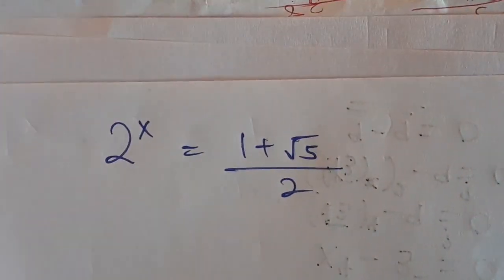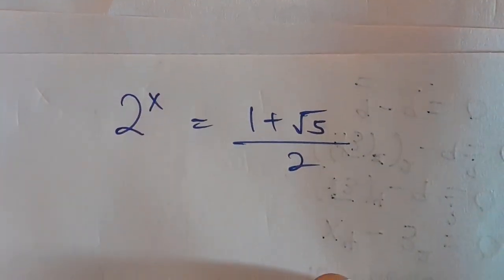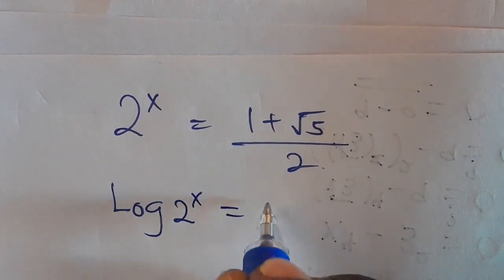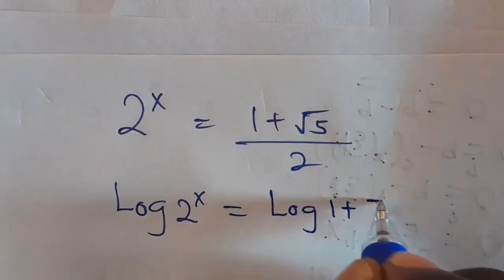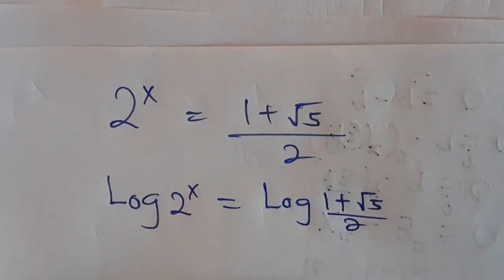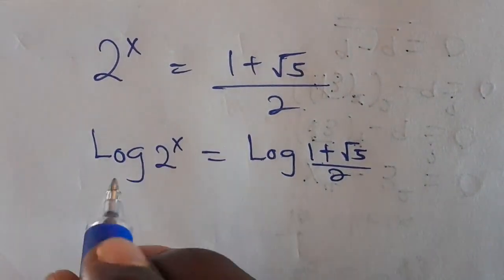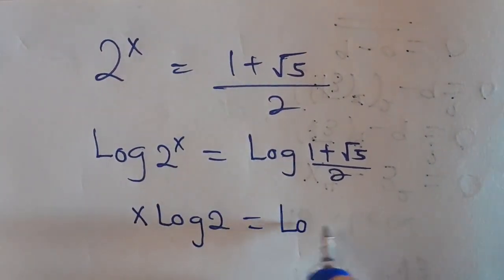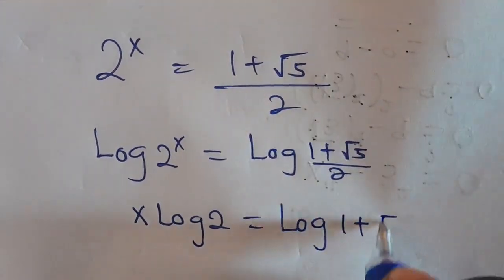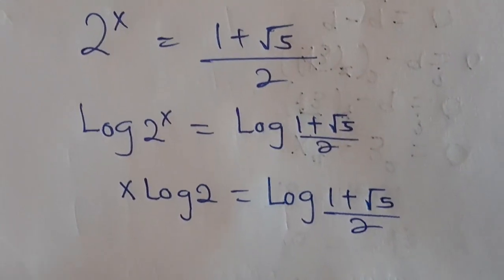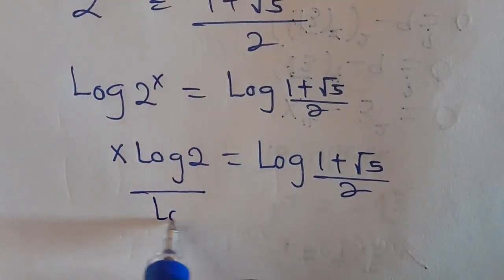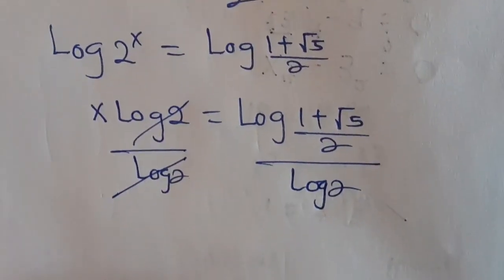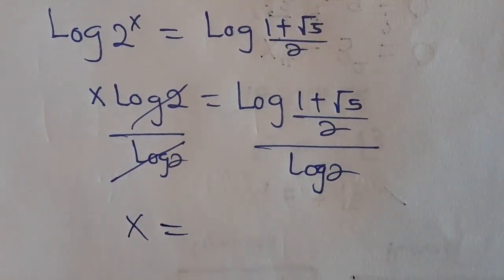Now guys, to get the value of x from here, let us introduce natural log. Then we have log 2 raised to the power x equals log of (1 plus root 5) divided by 2. So from here, this will come here, we have x log 2 equals log of (1 plus root 5) divided by 2. Now let us divide both sides by log 2. This will take away this. Then we are going to have x to be equal to